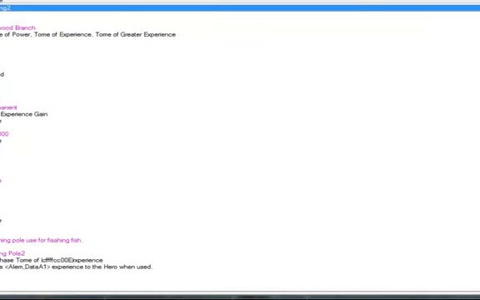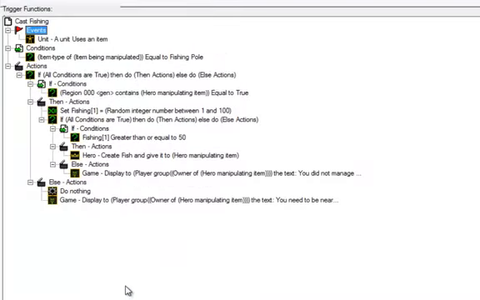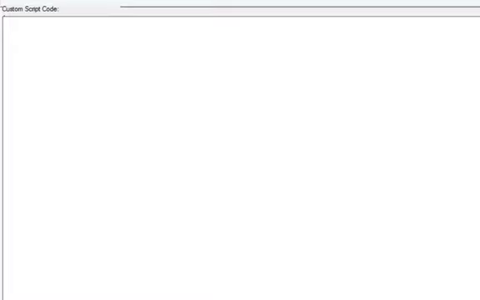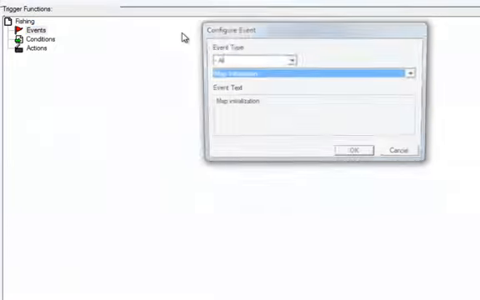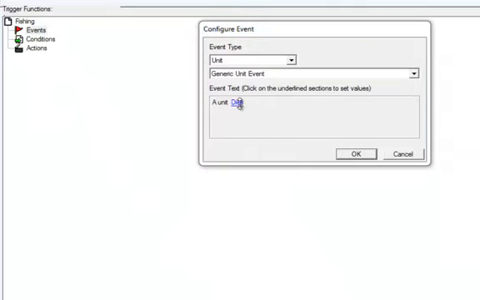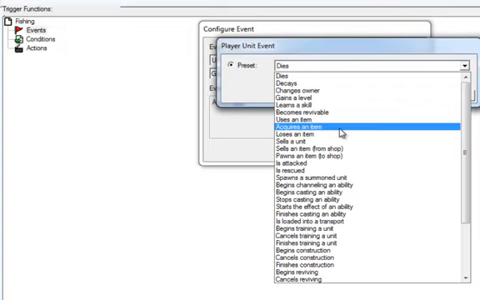Now that that's all set up, we're going to go to the trigger part. So open the trigger editor, and we're going to do, oops, undo that. We're going to do a new trigger, name it fishing or cast fishing, or whatever works for you. New event, unit, generic unit event, a unit, and then you're going to want to use our unit